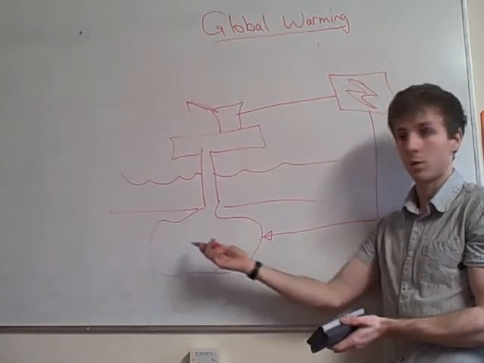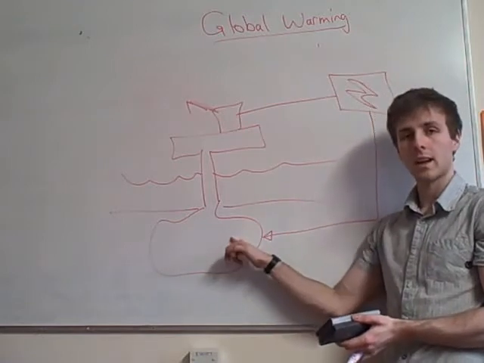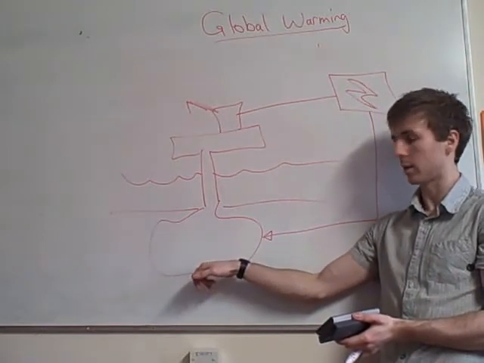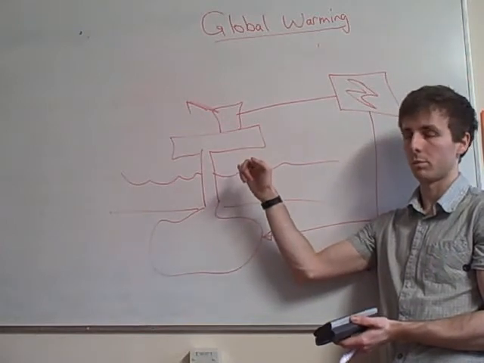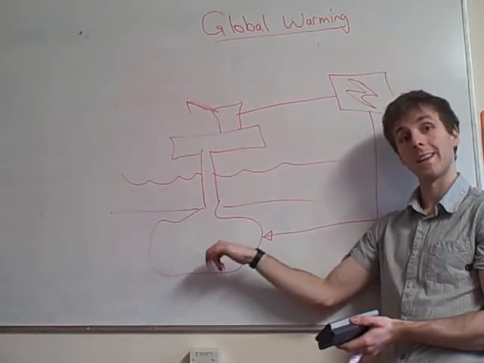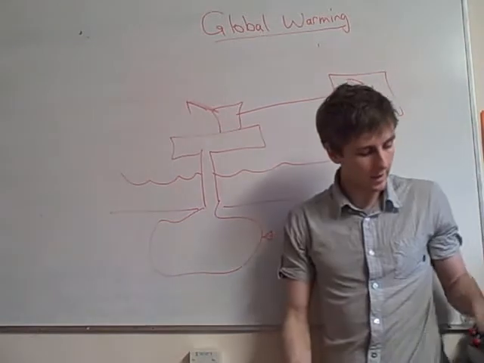It's cost effective, we don't need to build a hole, it's already there. And adding the carbon dioxide gas causes the oil at the bottom to be obtained easier. So it is good for the oil companies, which is probably why they do it, because it means they can get more oil out of it. So everyone's a winner. And that is global warming.